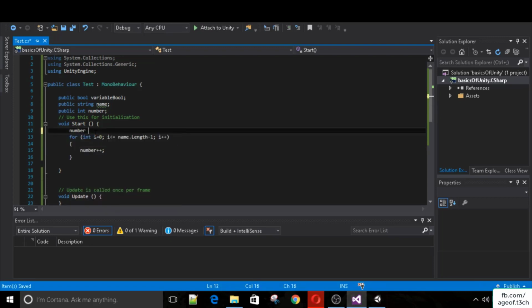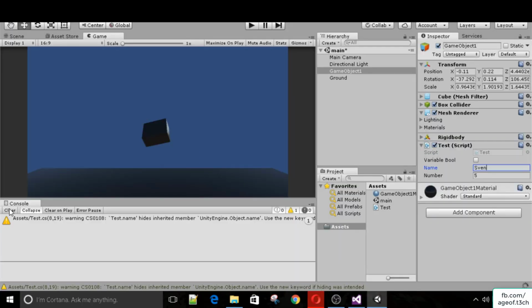We can start by setting the number to be 0 up here in the start method. Don't set number to be equal to 0 in the for loop, because then it will always be reset to 0 each time it loops. Now if we go back into Unity, make sure we set number to 0 also in here, and if we run,